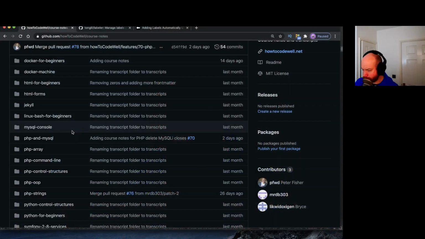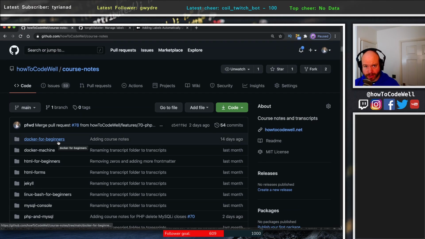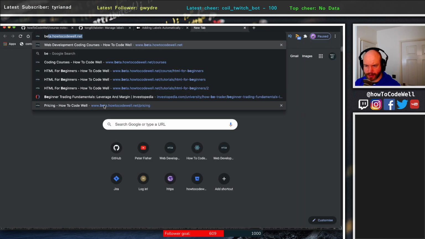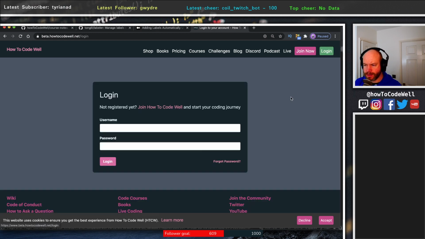And I'm in the wrong thing here. This is the repository for code notes. So for anyone who doesn't know what I'm talking about, a code note is this thing. If we go to the beta.howtocodewell site, so this isn't live, this is live, but it's live for the beta users. If we were to log in here,